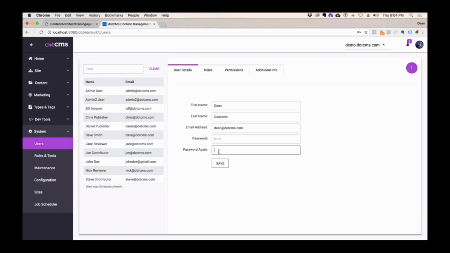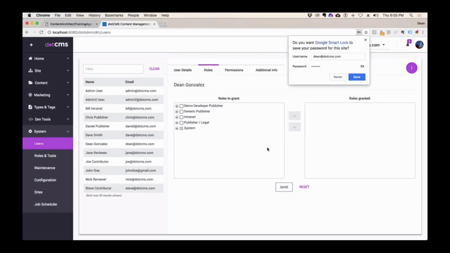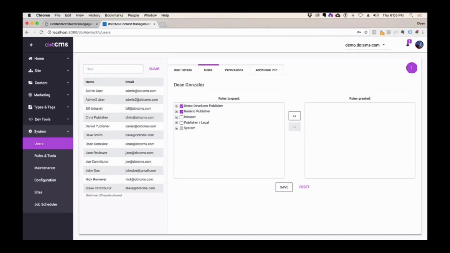I'm just going to type 1, 2, 3, 4, 5, 6. You need to have at least 6 digits in a password. Second, you save the user, then you can go ahead and say demo developer publisher plus generic publisher. Move that over and click save. And now you're done and you're ready to test the user because he's got all the roles he needs that